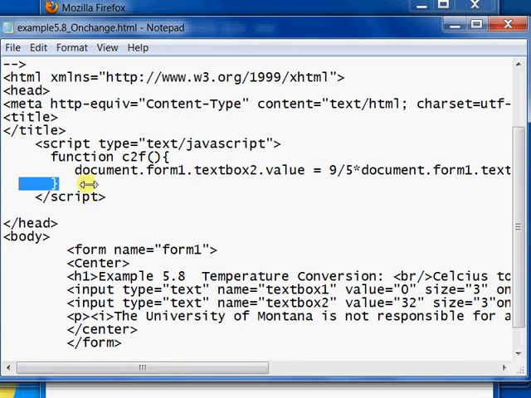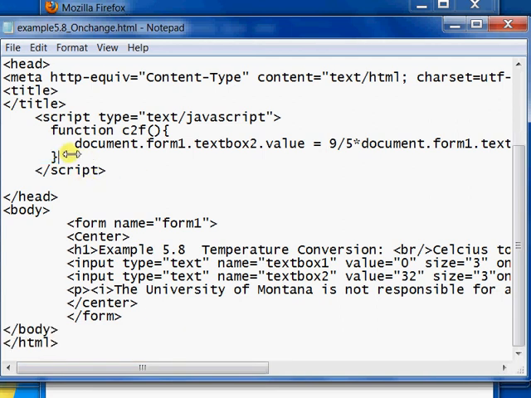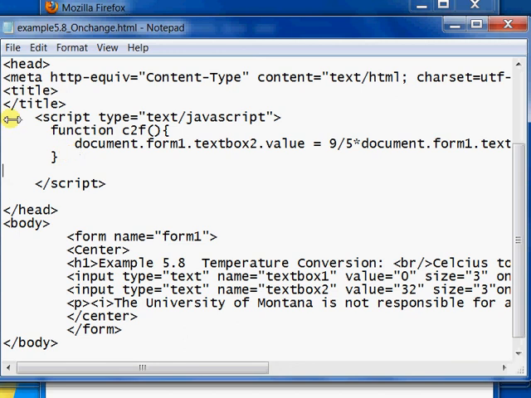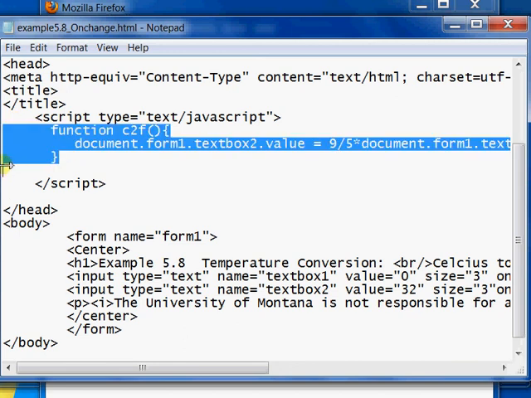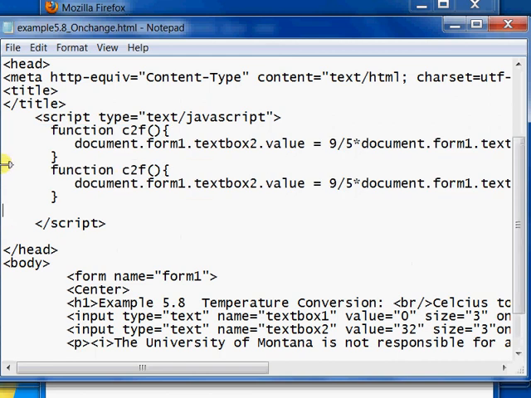All right, let's do the same thing here. We can have multiple functions, of course. Let's create a second function. I'm going to do a copy. I'll cheat a little bit. Copy and paste saves me a lot of time. And we'll do an F to C function. And here we're going to want to take